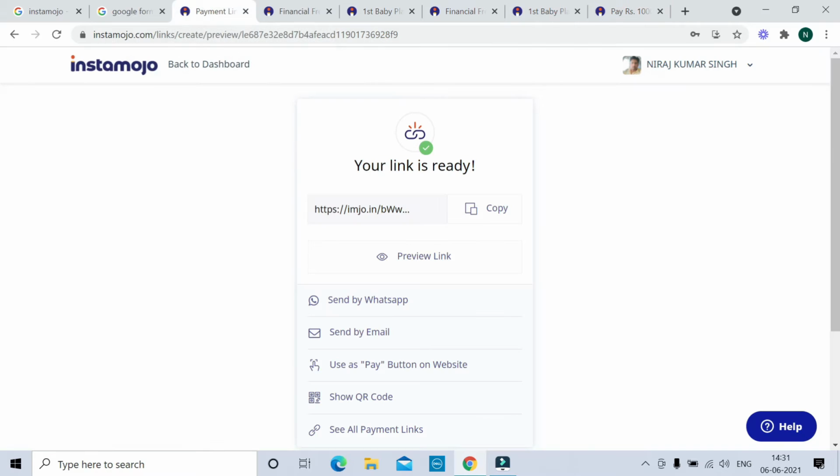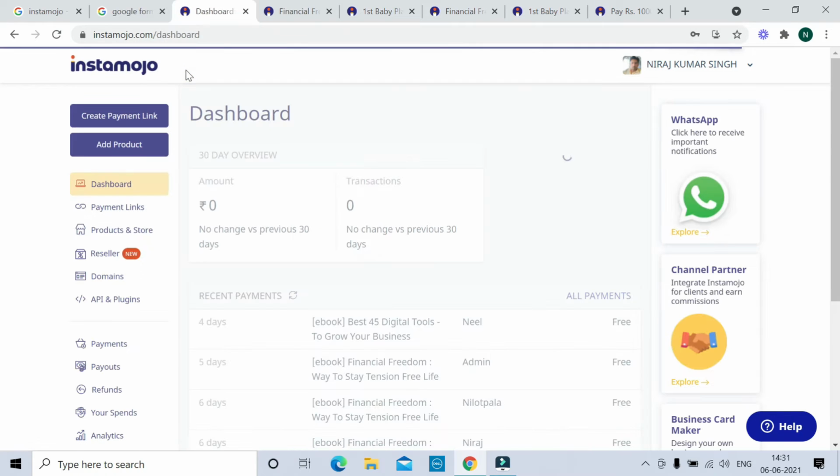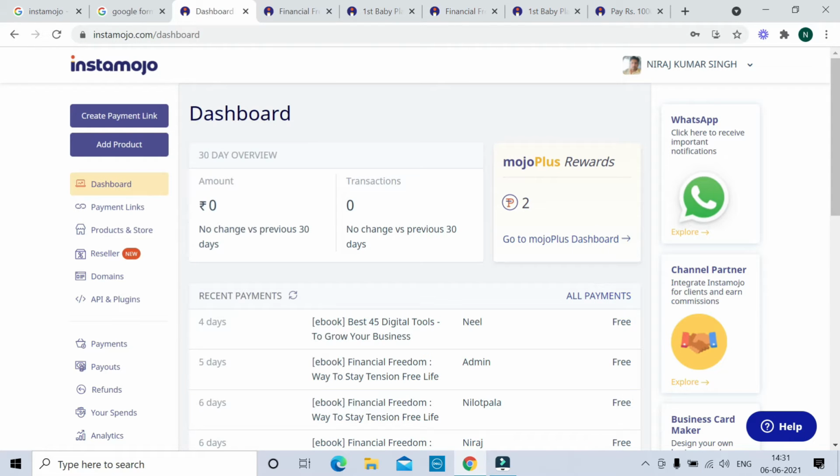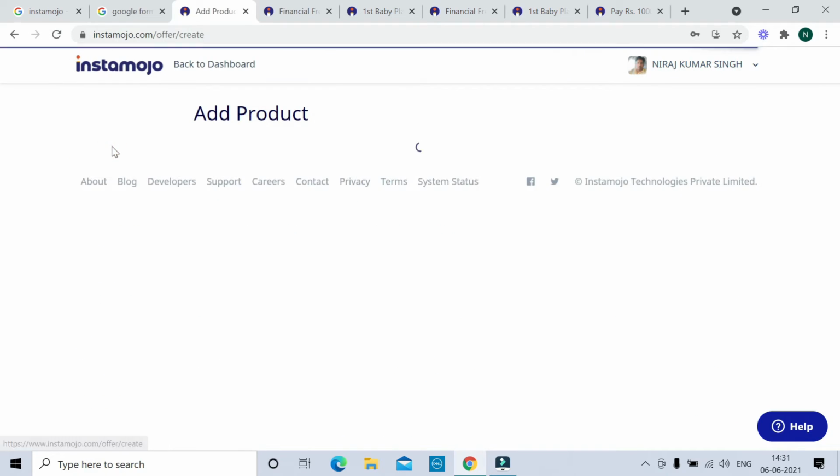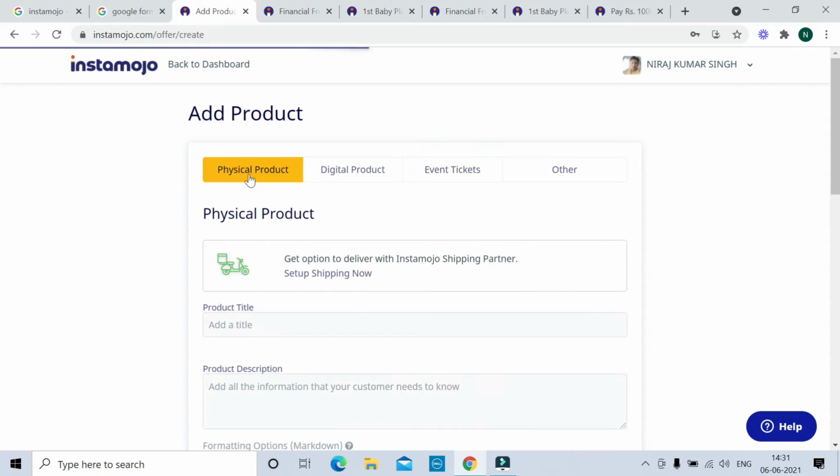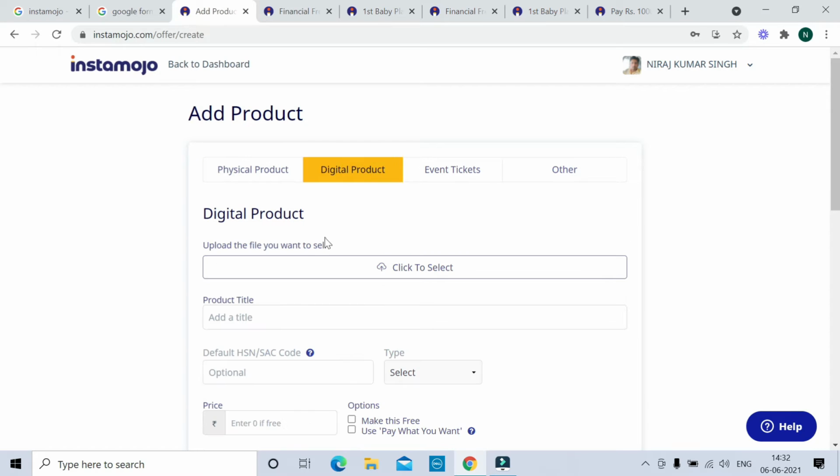Anyway, so we will go back to dashboard. So as I told you that we will upload our ebooks. Now we will go to add products, then physical products. We don't have any physical products, we have digital products. Event tickets I will come to later on, so we will go to digital products. So here